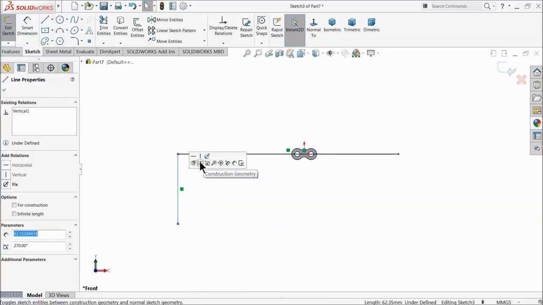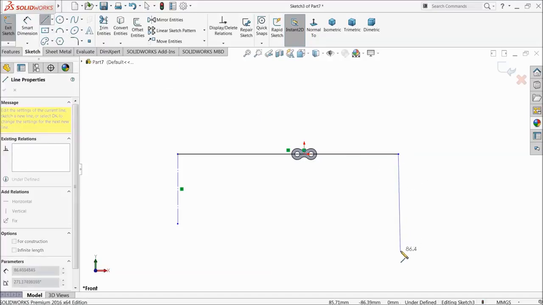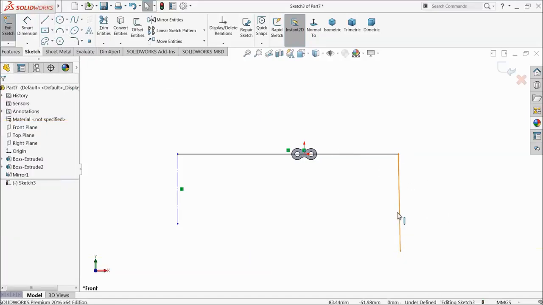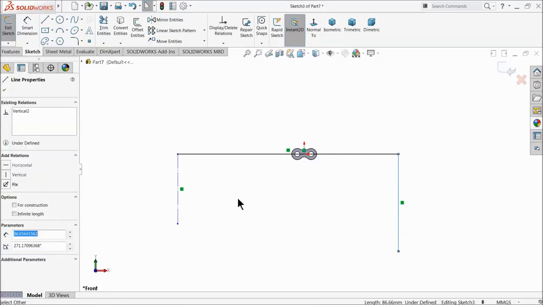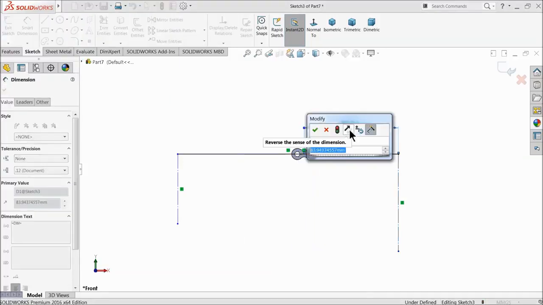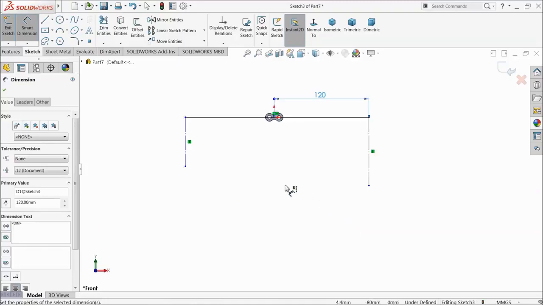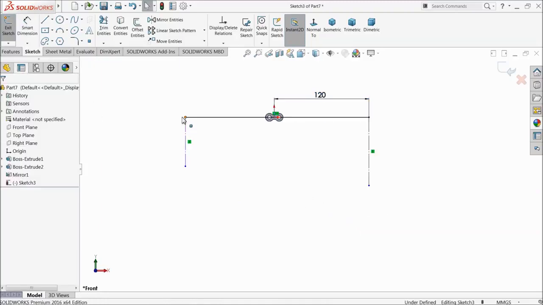Bottom line, choose and select construction line. Make sure it's vertical for construction. Okay, now let's define this 120 millimeter. Okay,